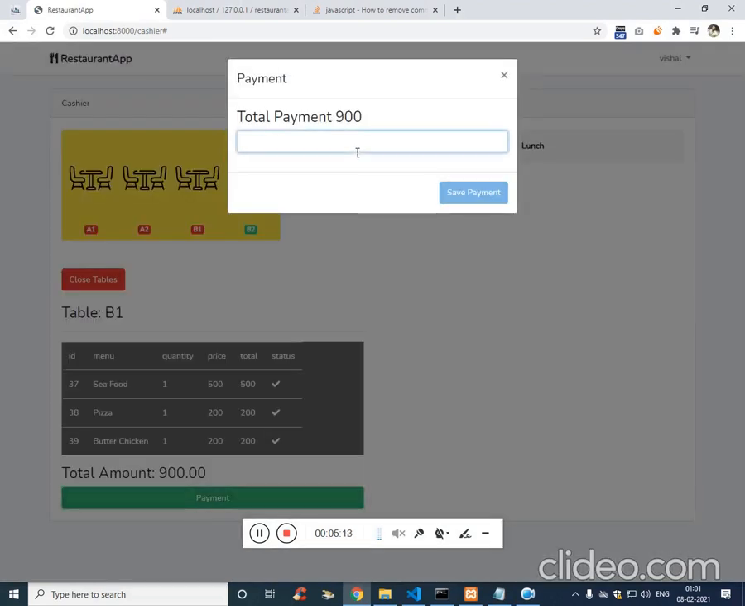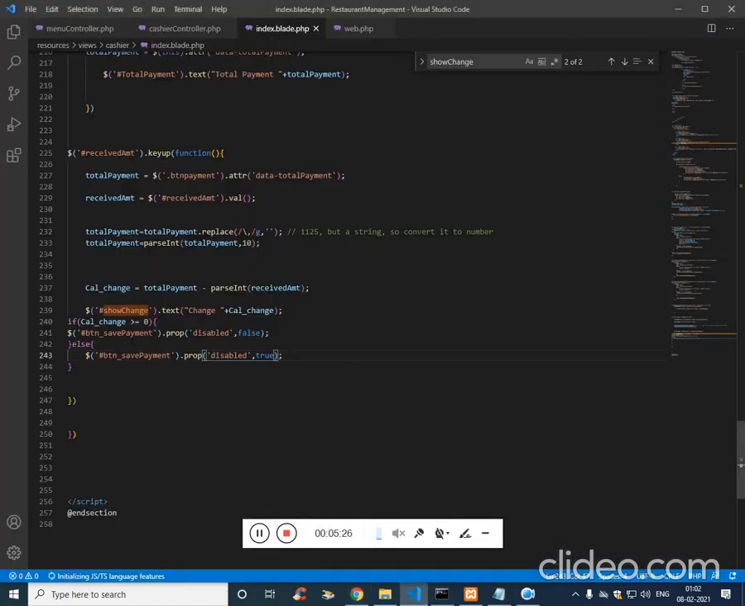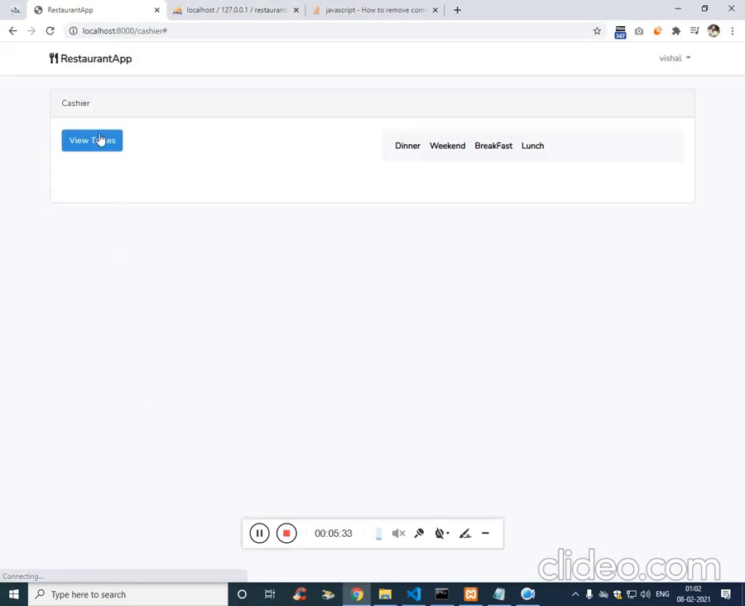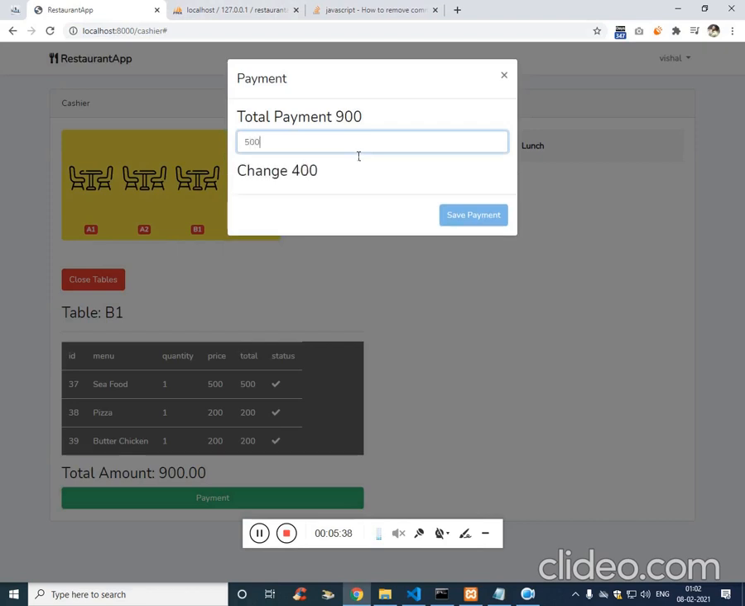Payment 900. So it's disabled now. So instead of making it 0, if the change value is greater than or equal to the total payment value, then make it enable. So if I say 500, no change. If I make it 900, no change. So if I make it 901,